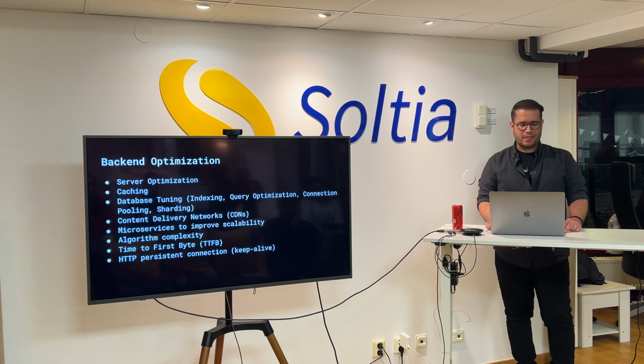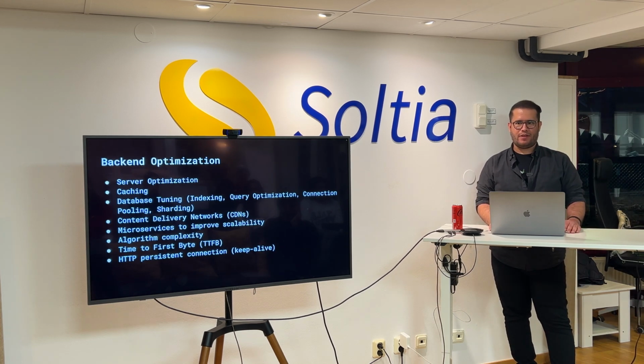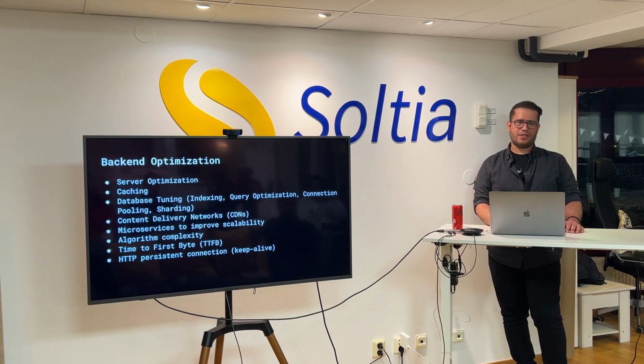Another part is caching. I think all of you have heard the term caching. Caching is not only one technique. You need to apply a lot of different solutions for it. But one of the main caching strategies is